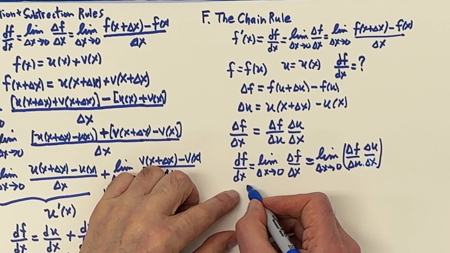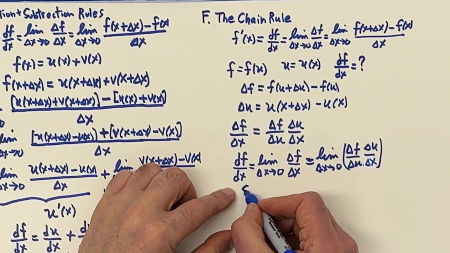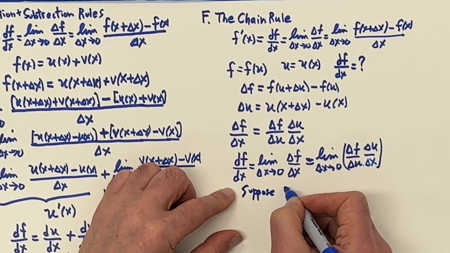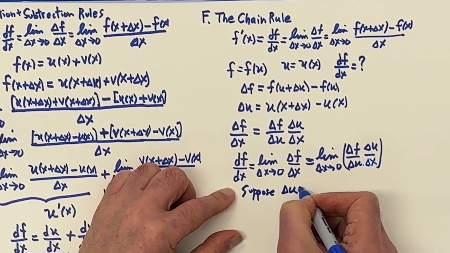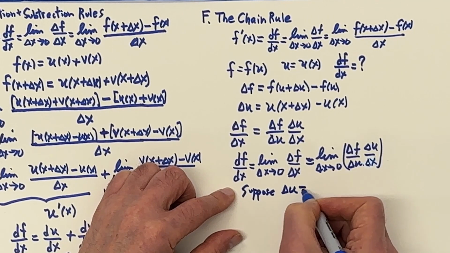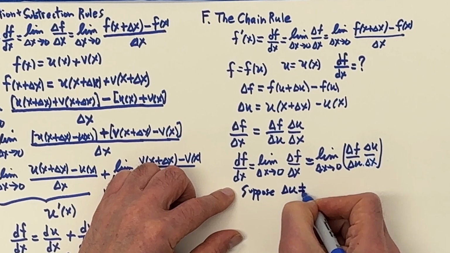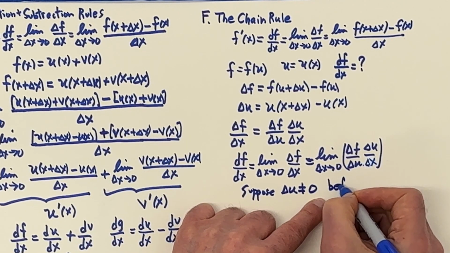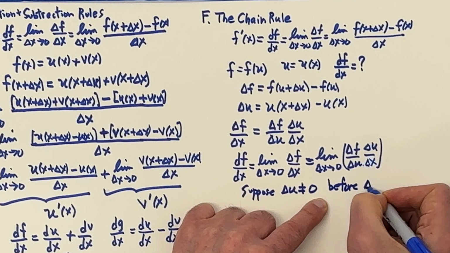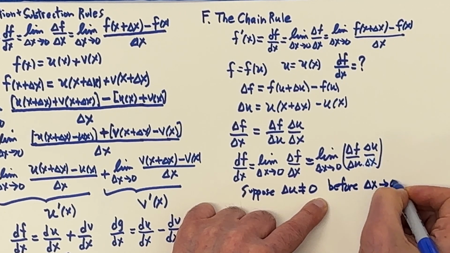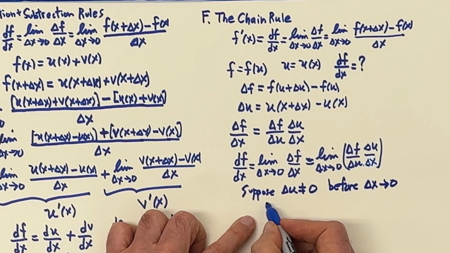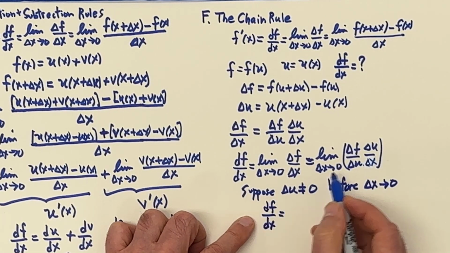Well, suppose that delta u is not equal to 0 before delta x goes to 0. Now, if that's the case, then we're finished. We would have df dx is equal to,